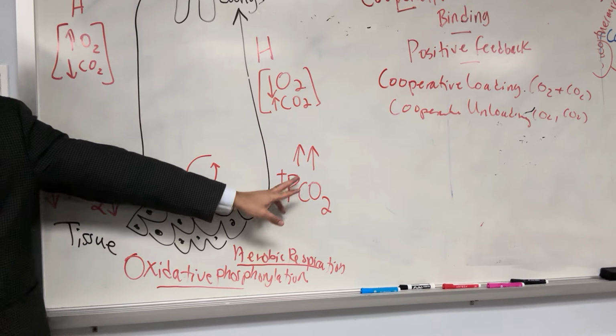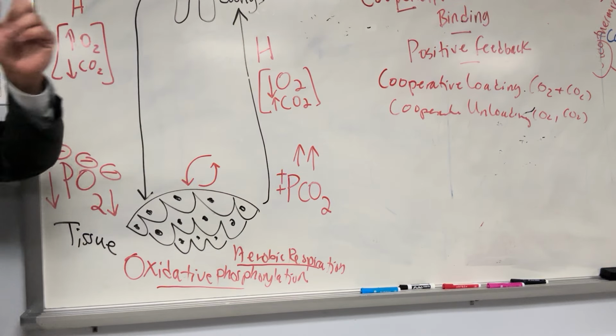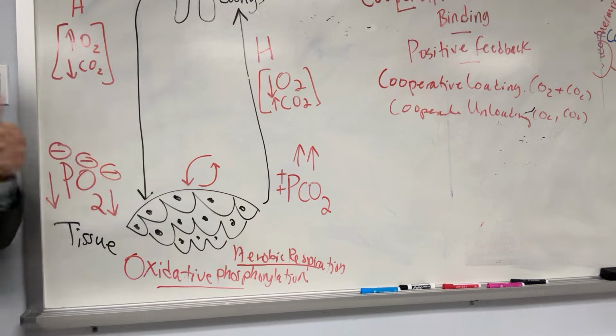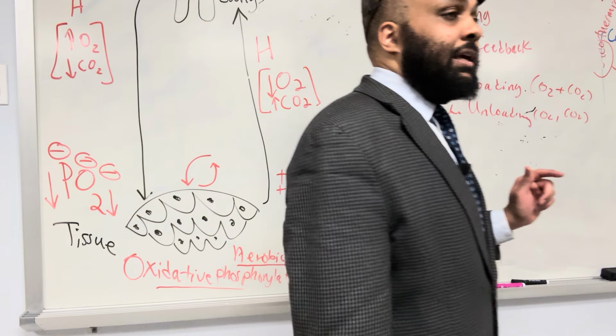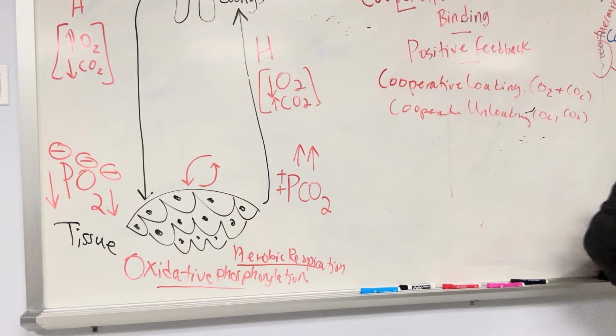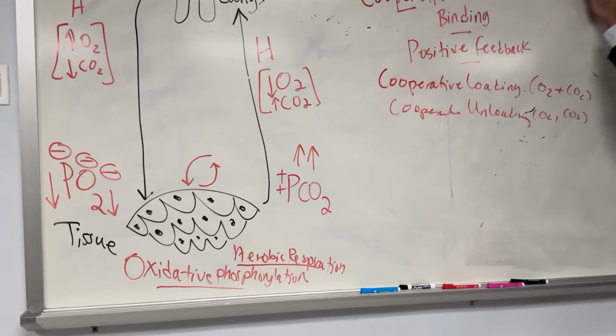From high partial pressure of carbon dioxide to low partial pressure of carbon dioxide. So did we get cooperative binding, positive feedback, cooperative loading and unloading of carbon dioxide and oxygen out the way now? Okay. And the last thing is the Bohr's effect. So the Bohr's effect is a very interesting type of graph. In Bohr's effect, we're going to learn that